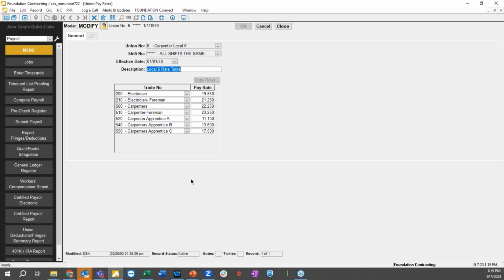You'll have the ability to come in. You can have us manage these tables, or you'll have access to these tables inside the system where you get that new updated contract, updated rates of pay, timestamped with the upcoming effective date. So if July 1st falls on a Tuesday or is in the middle of a payroll run, that's not a problem. The system will use that effective date to switch over to the updated rates of pay when that effective date hits. It's timestamped on the employee stub for them to review. And no one in the office has to go through and tie in all these new rates of pay to each individual employee. The system's going to catch it all once this table is updated.